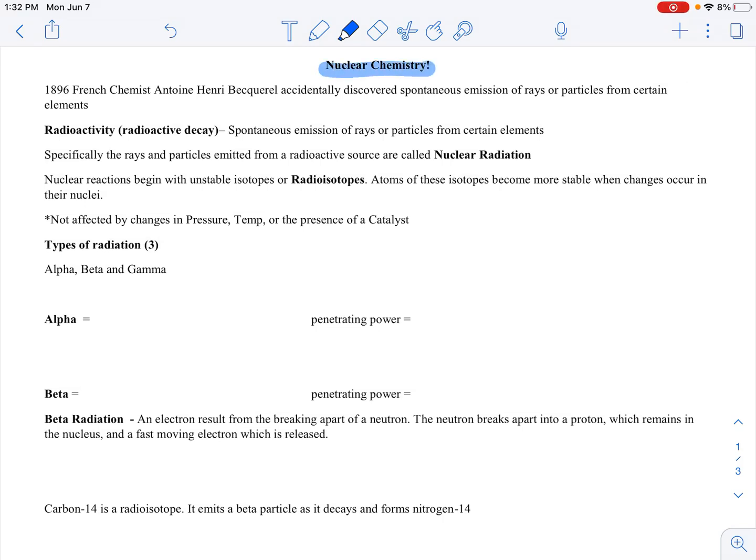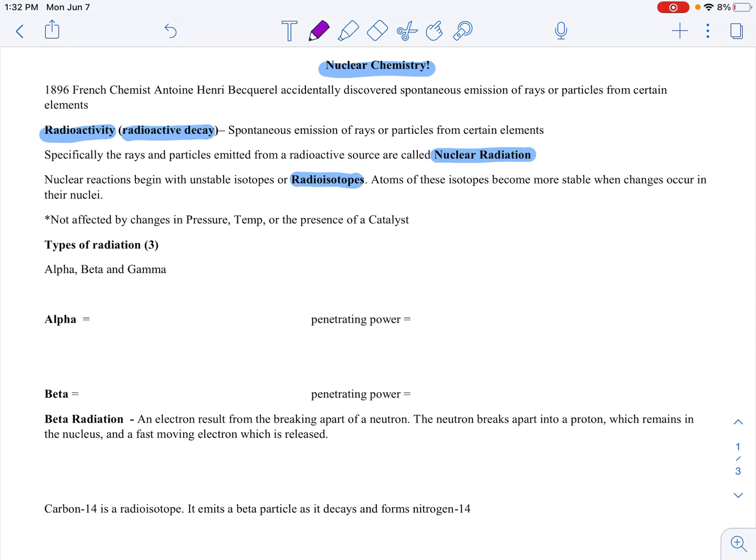So a long time ago, a Frenchman accidentally discovered the spontaneous emission of rays or particles from certain elements. He called this radioactivity, or radioactive decay. Specifically, the rays and particles that are emitted from a radioactive source are called nuclear radiation. And nuclear reactions begin with unstable isotopes we call radioisotopes, and atoms of these isotopes become more stable when changes